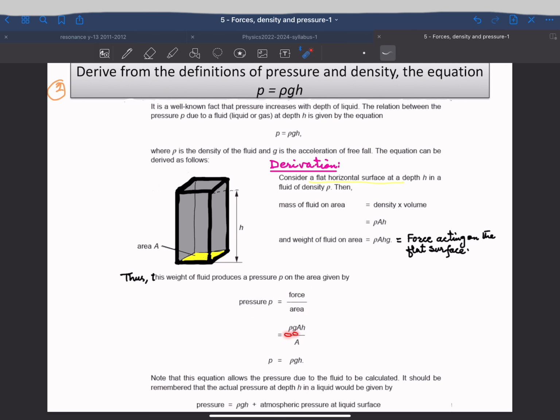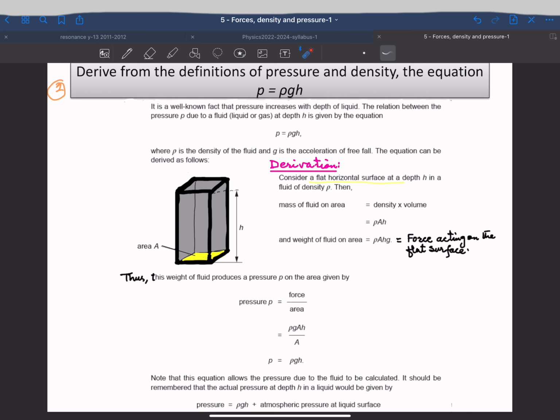So rho GAh, and over here of course you have the area, because you know the formula is force per unit area. So the area will cancel out, and you get rho gh. So if you consider only the pressure because of the fluid, then this is the simple formula, P is